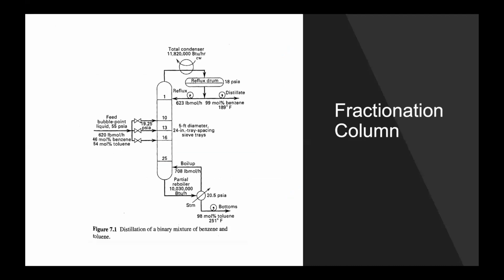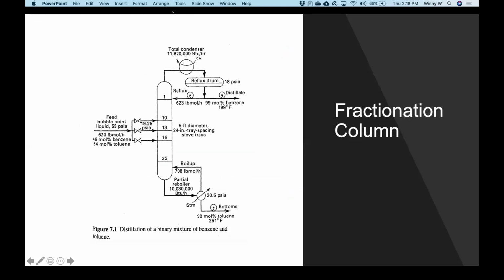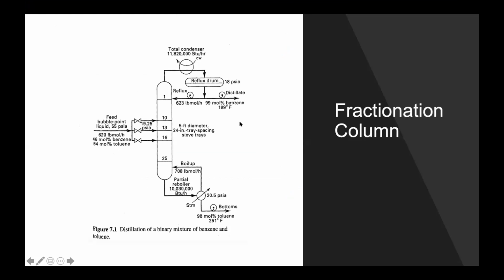Okay, so this is one additional presentation, a student slide. I took it from the book. This is basically the outcome of this course, how to design a distillation column. Okay. I'm gonna explain one by one what this is, and we're gonna have some formulas for how to calculate. Anyway, this is an example of distillation of a binary mixture of benzene and toluene,